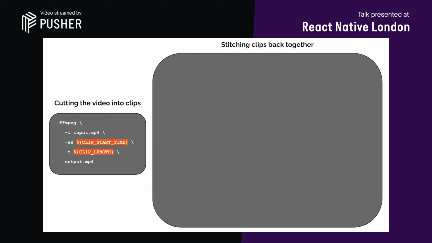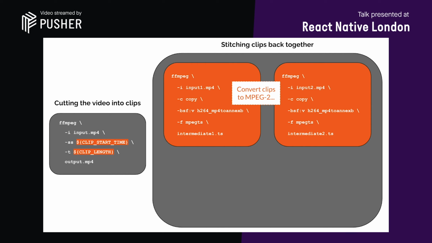Now I've got lots of short videos rather than one long one. So let's stitch them back together. We want to do this in a lossless way, and the FFmpeg docs recommend converting our MPEG-4 to MPEG-2. This is because MPEG-4 is very clever, has all sorts of interesting things like seek points encoded into it, whereas